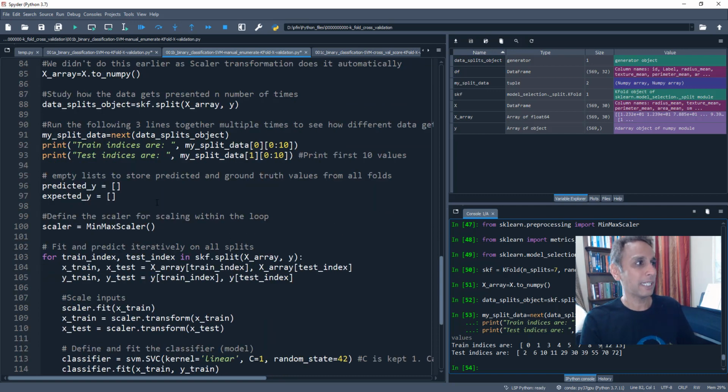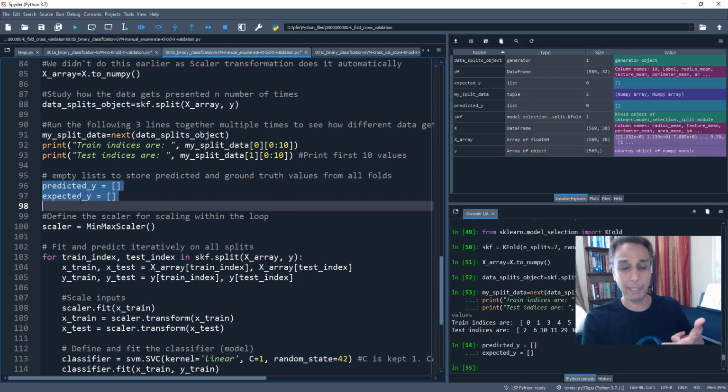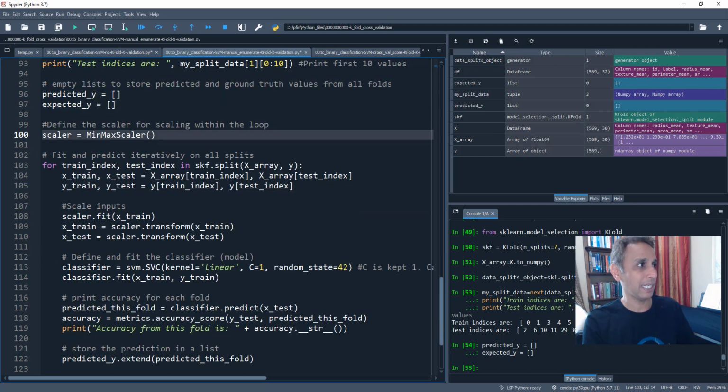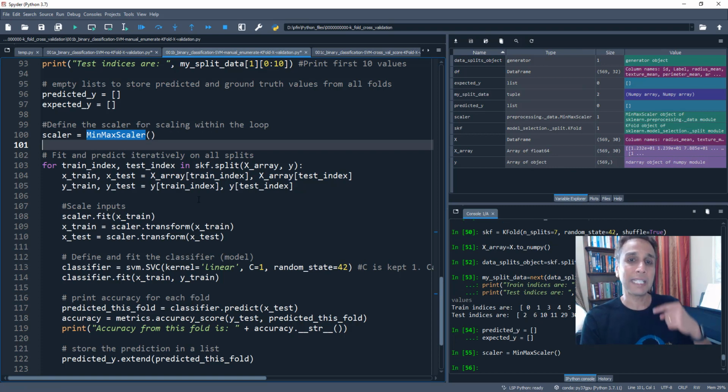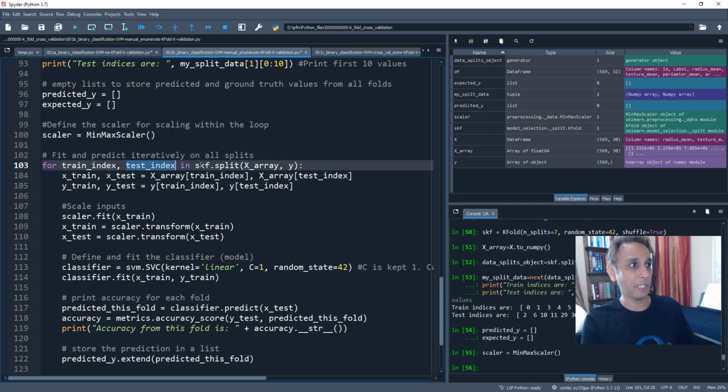Okay, so now let's create a couple of empty lists because we want to capture the predicted and expected, so we can do the accuracy for each fold. So I created an empty list right there. We also define our scalar as MinMaxScaler, and we'll be scaling inside the loop once the split happens. And how does the split happen? So for train index and test index, remember the split is going to give us the indices, 0th, first, second, third, right? So we go through each of those indices